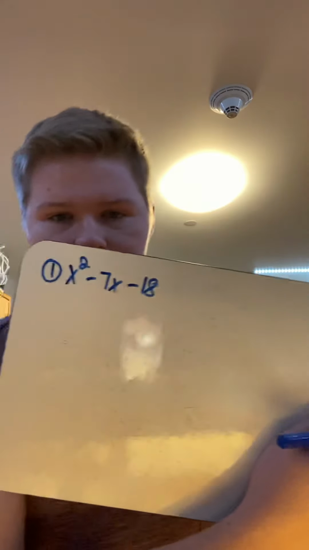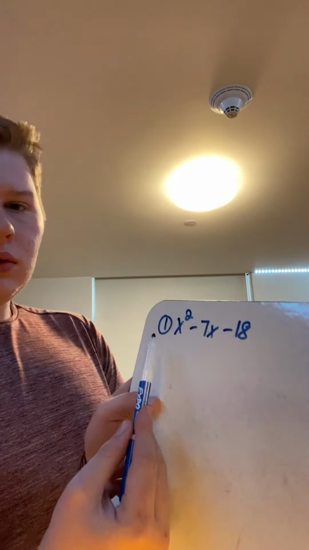And so what you want to do is factor. So what times what equals this expression here. And we can first see that it's x squared. So that means each set of parentheses will have an x. And now we got to think of what times what gives us negative 18, or just 18. And we got 18 and 1, plug that in, doesn't work. We have 9 and 2, we also have 6 and 3. You plug in the 6 and 3,